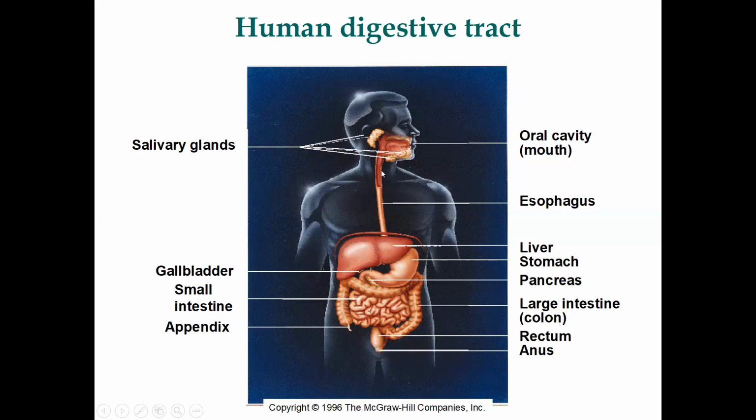Esophagus, which is where food is supposed to be going. And we have the liver and stomach. Now the bacteria in the stomach should be very low because the stomach has stomach acid. It's a very low pH, 1 to 1.5. With that low pH, lots of the bacteria will die. And then you have a